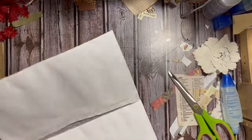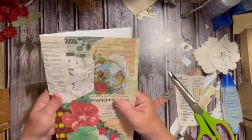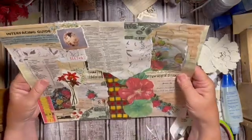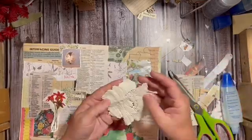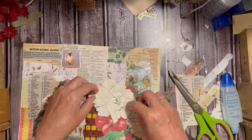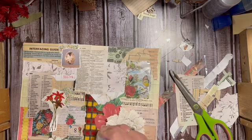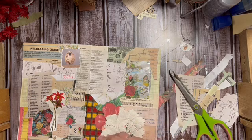Okay, so we'll trim. So, oh my gosh, the glue is going to help with the weight of this also. Okay, so this is what I have. Remember, I do have my little thing here. Then I have a piece of lace. So I'm going to add that, and that will be part of my cover as well. Okay, so adding my 3 things in true Dear Julie style